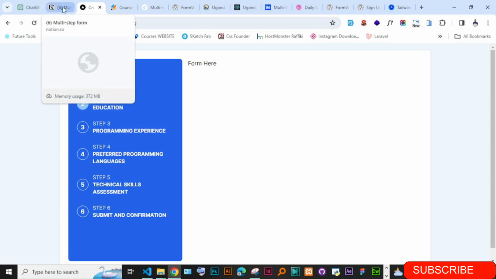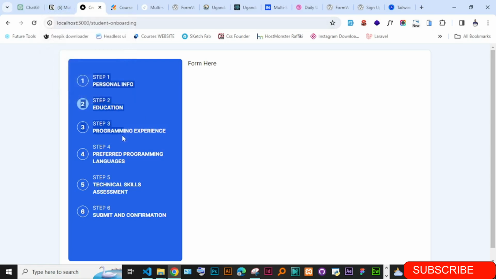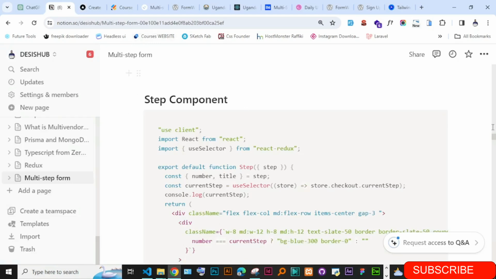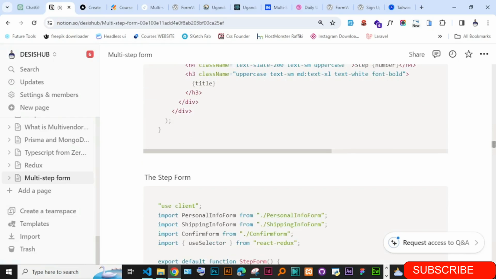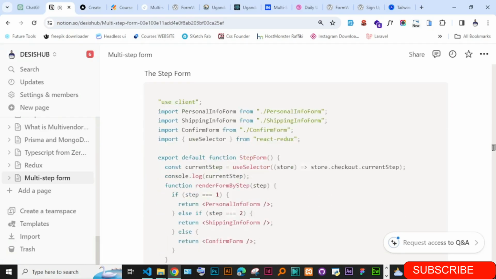Okay, so now we are done with the steps. We're just going to go back to see how you move from one step to the other. Now the next thing we'll work on is the form. So you can just go ahead and have, for instance, this